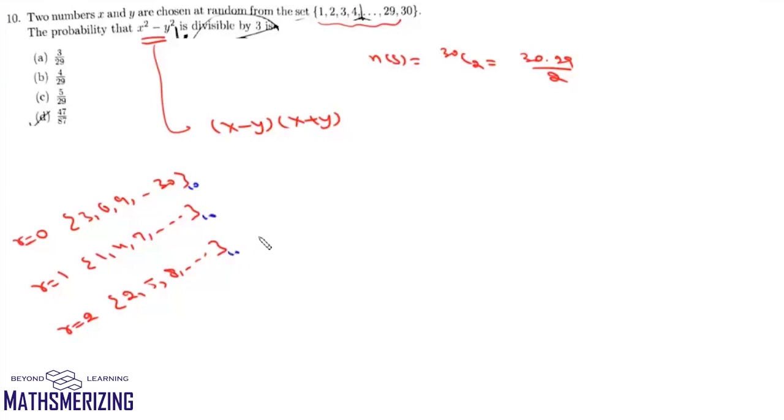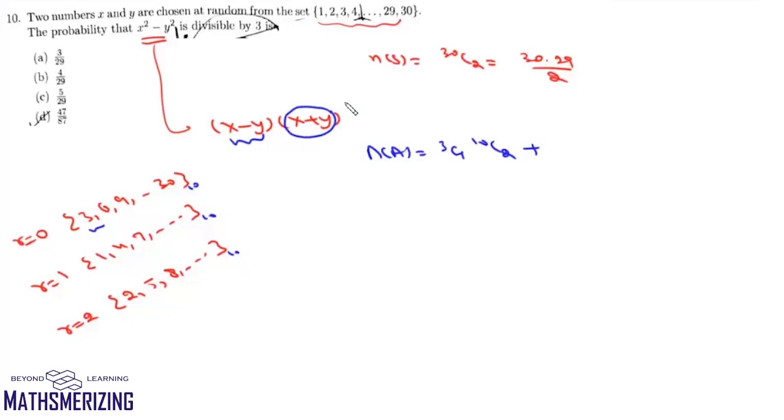Now this number x square minus y square will be divisible by 3 when either both the numbers belong to the same set. So either it can be from the first set or from the second one or from the third one. So it can be any of the set, 3C1, and from this set we can select any two numbers in 10C2 ways. Or when x plus y is